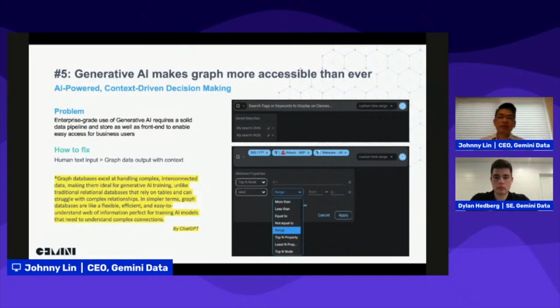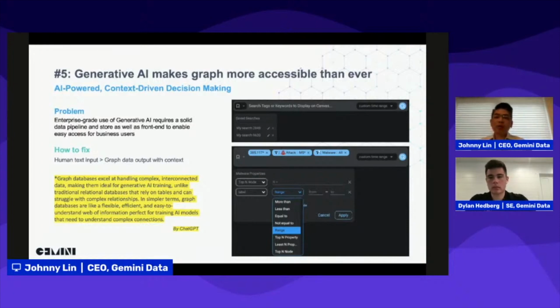So with this recent discussion and heat wave of generative AI, like ChatGPT from OpenAI, actually this has made graph even more accessible than ever, because it used to be that we had to rely on users to learn those query languages or special tricks or methodologies to use certain tools.